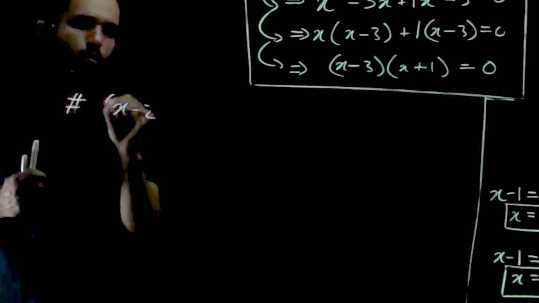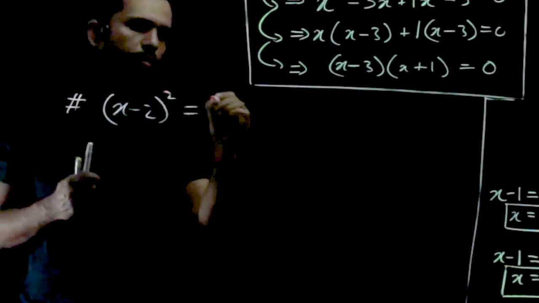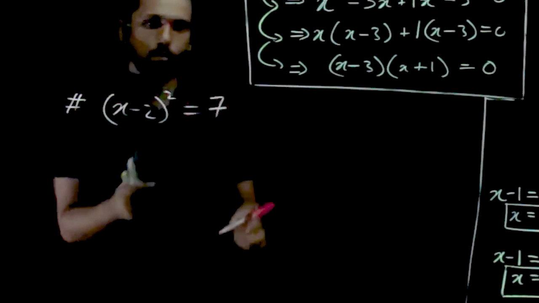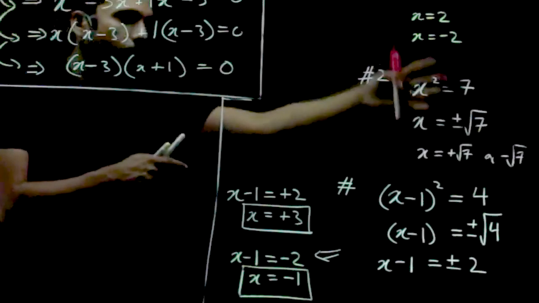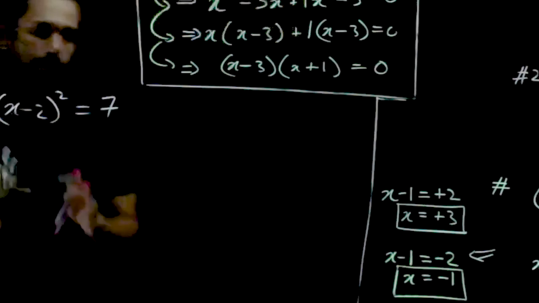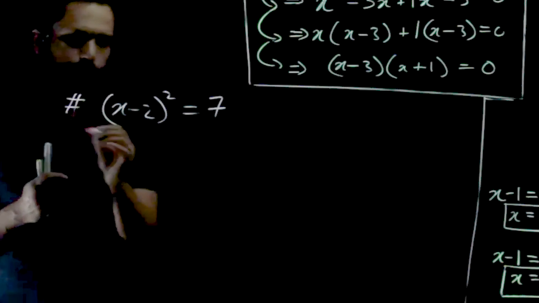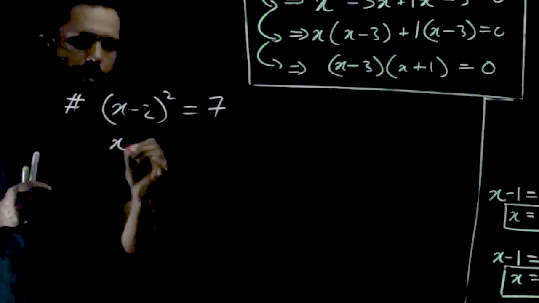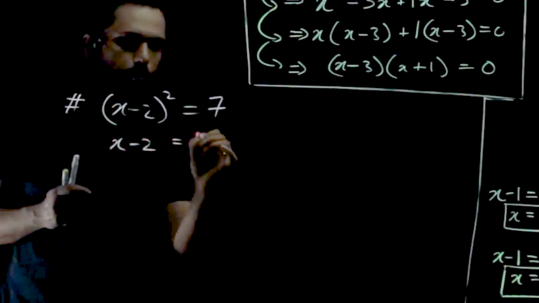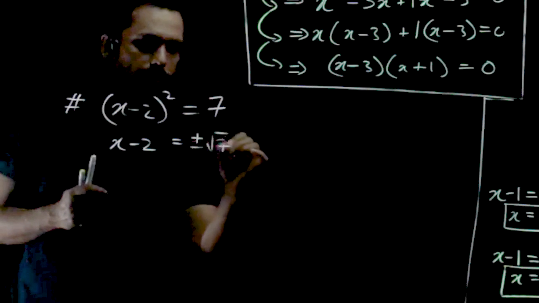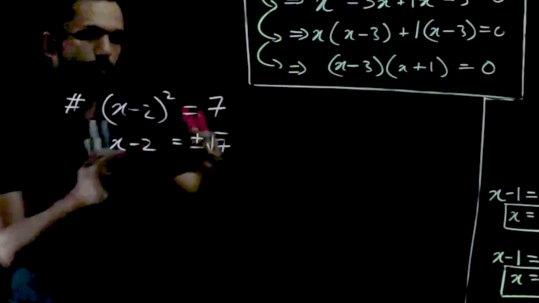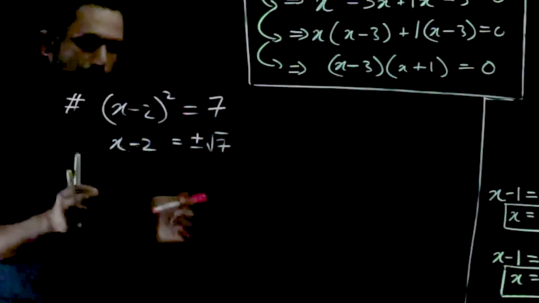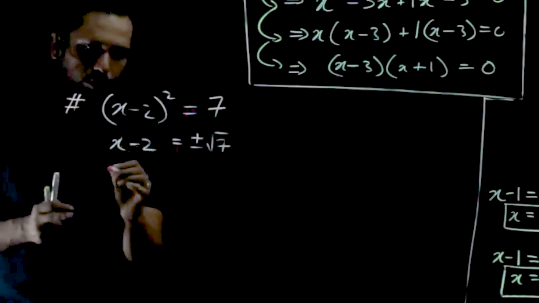say x minus 2 whole square is 7. Now 7 is not a perfect square. How do we solve it? If I look at how we did this, we are going to do a similar thing over here. And what we'll get is x minus 2 is equal to plus minus root 7. And my answer would be, I'll take the 2 on the other side with a plus root 7 and a minus root 7. I'm not going to write it separately, I'm just going to write it in one.